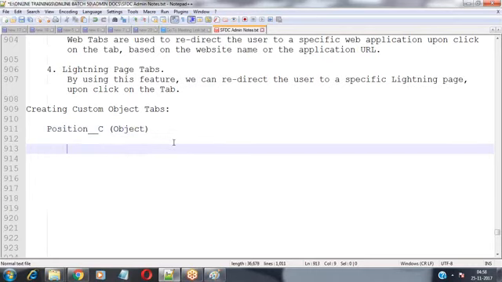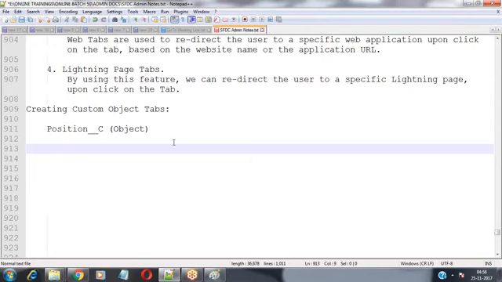But for this object, we haven't selected the last checkbox, create a custom tab wizard after creating the custom object. That last option we haven't selected, so only the object has been created. Nothing but a table has been created. It hasn't provided any graphical user interface. Nothing but a tab is not provided for you. Now I want to create the tab for this object. How can we do this?